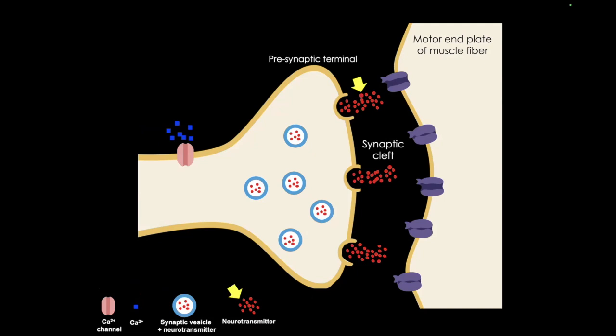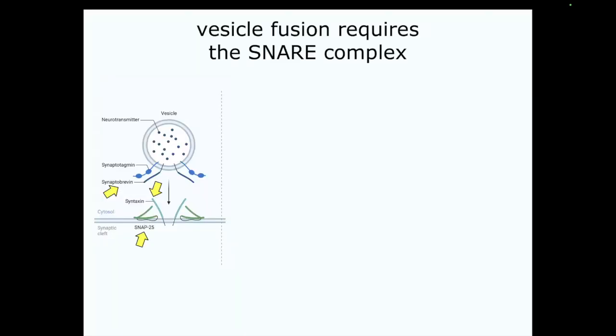We've already talked about the cleft and neurotransmitters, but I wanted to touch on a set of cellular machinery that's critical for this neurotransmitter release, called the SNARE complex. The SNARE complex is a family of proteins involved in vesicle fusion. It's named for soluble NSF attachment protein receptors, but the name doesn't really matter. Importantly, there are three proteins that work together in this complex: SNAP25 on the presynaptic membrane, syntaxin on the presynaptic membrane, and synaptobrevin, sometimes called VAMP, on the vesicle